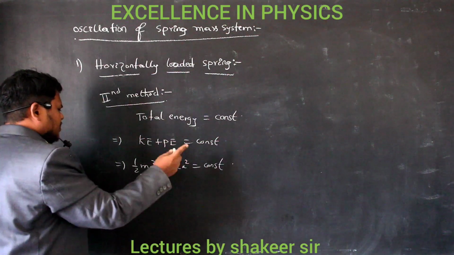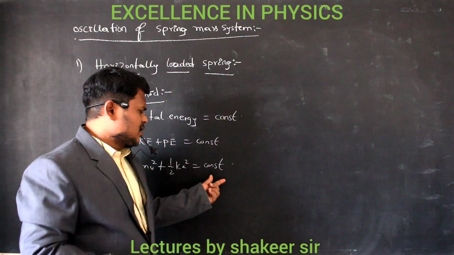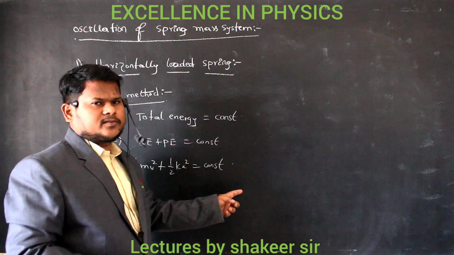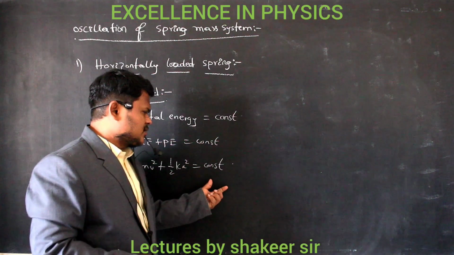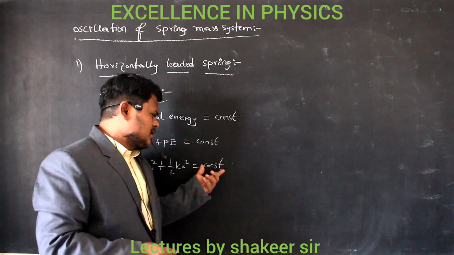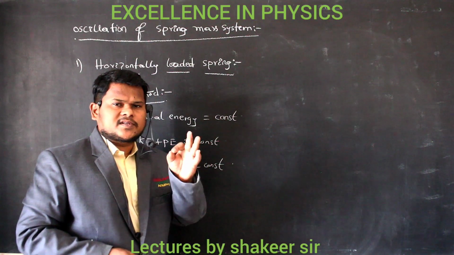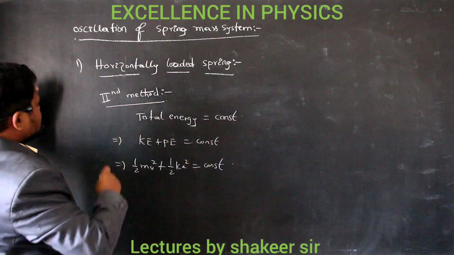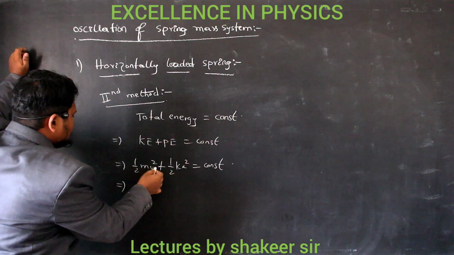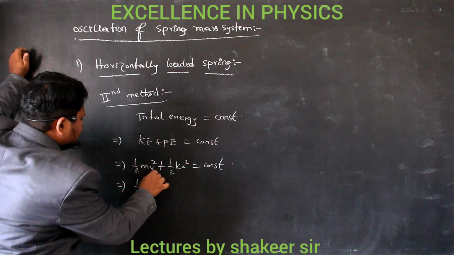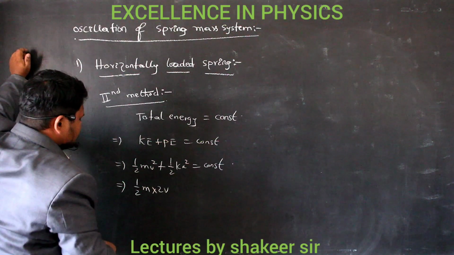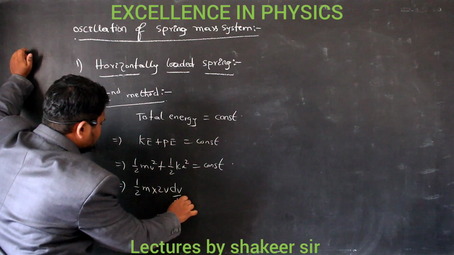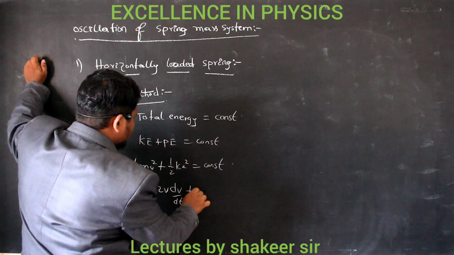Clear? So if I differentiate this relation with respect to time, then differentiation of a constant should become 0. Why? Because totally it is a constant, no? 0 represents that this constant is not going to change with respect to time. That is called differentiation, no? Okay. Now let us differentiate this with respect to time. Half m is a constant, so half m into 2v, since differentiation of v square is 2v, and v we have not differentiated, so I will write dv divided by dt. Clear? So plus half kx square.